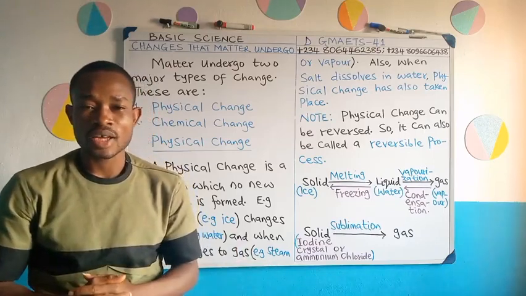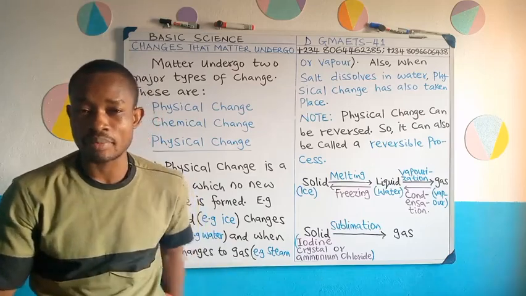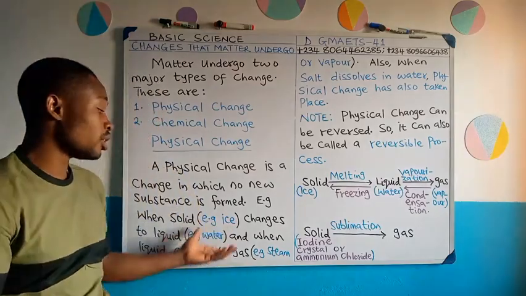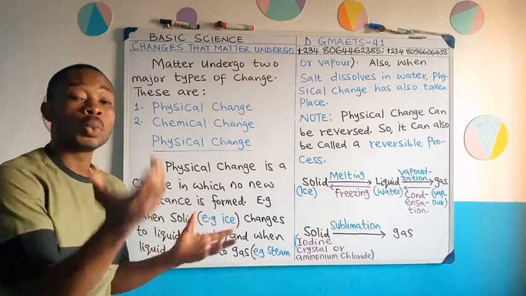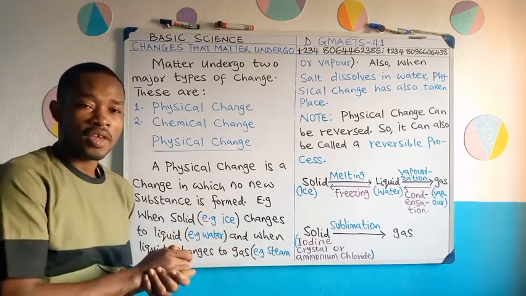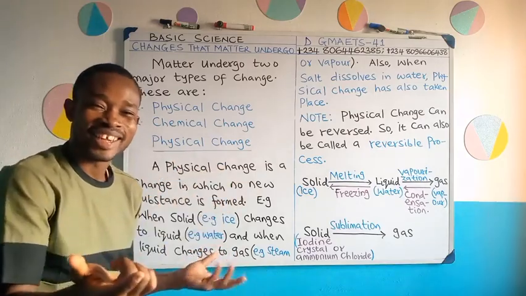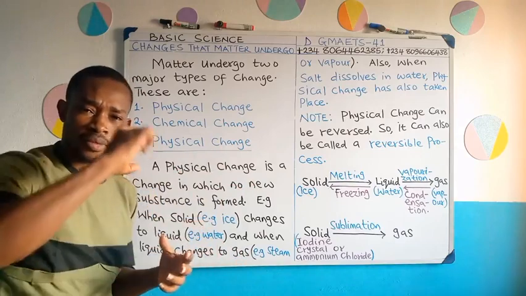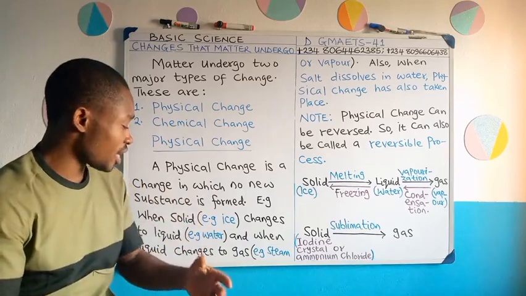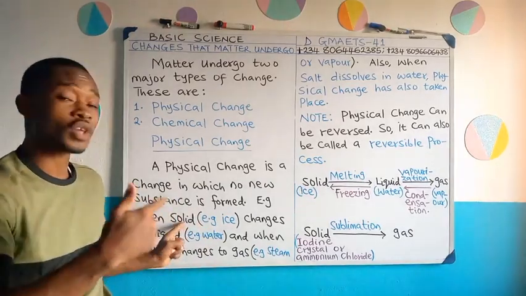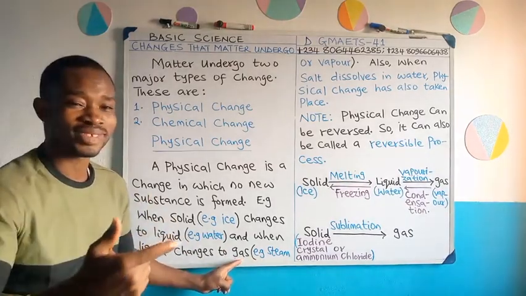Then again, you know that water in liquid form can also change to vapor. That vapor, we call it steam. All these are examples of what? Physical change. Because you can still change the things that are formed to what they changed from. For example, when you have sachet water, your pure water as we commonly call it, we drink that. That's water, that is liquid form. If you keep it in the refrigerator, like I said, it will solidify. It will turn to solid, which is ice. That water also can change to steam, that is gaseous form, to gas.